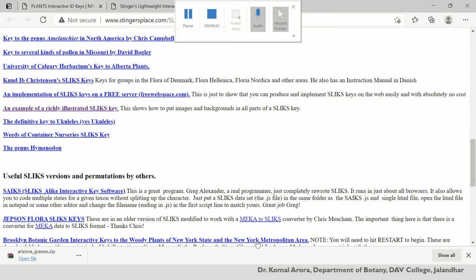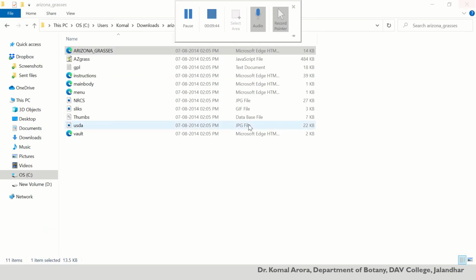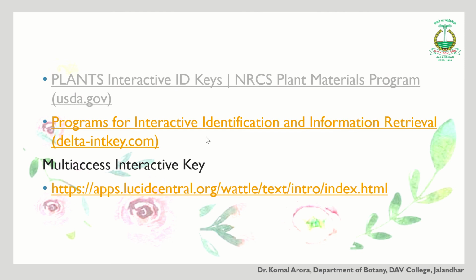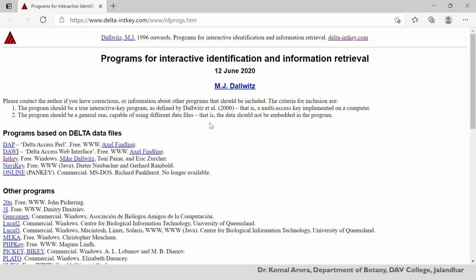Okay, then going back to our presentation. This is another one. It's called Delta. This is also a famous program. Okay, so it will provide you with the various files. Int key is very important. This is a good one. You can just download it and place it in the C library, and from there you can run this program.